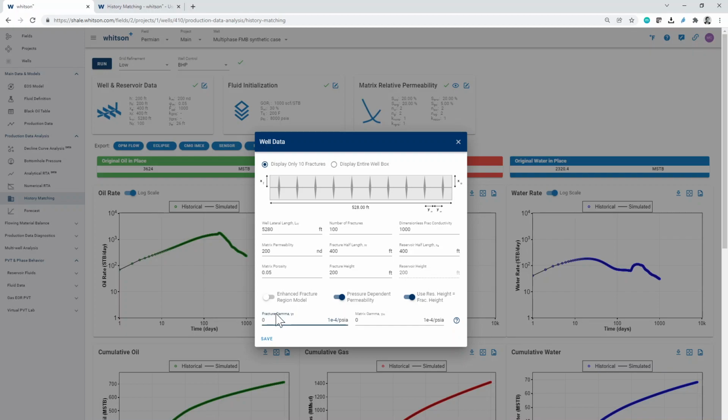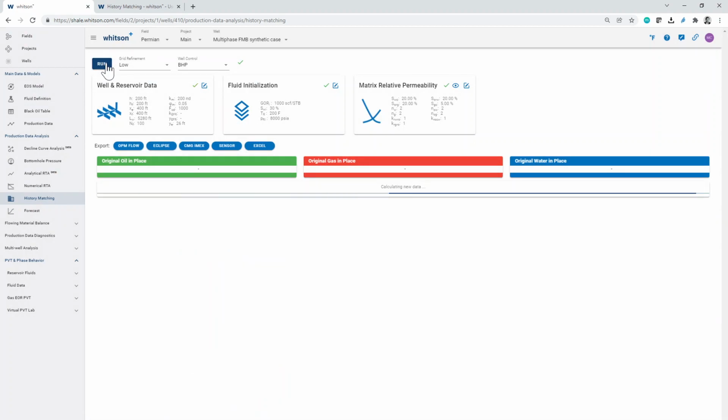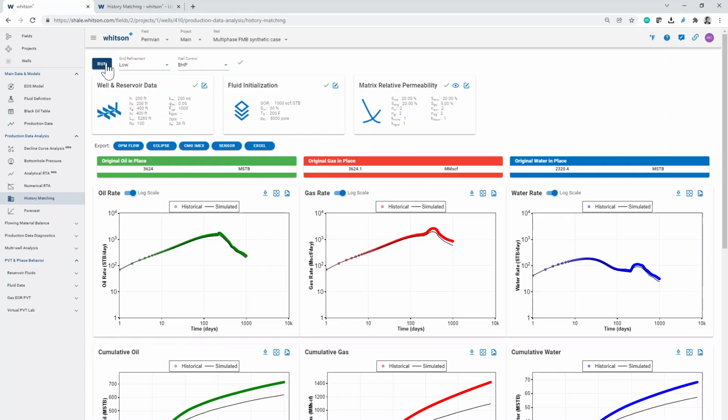Last week we looked at this as mentioned, and now we'll start to include some gamma parameters in the matrix. So now we're adding this pressure-dependent permeability concept only in the matrix. So if we put a gamma of 1, then remember that the matrix is much larger than the fracture. So if you introduce kind of the same gamma for such a large part of the reservoir, you should expect